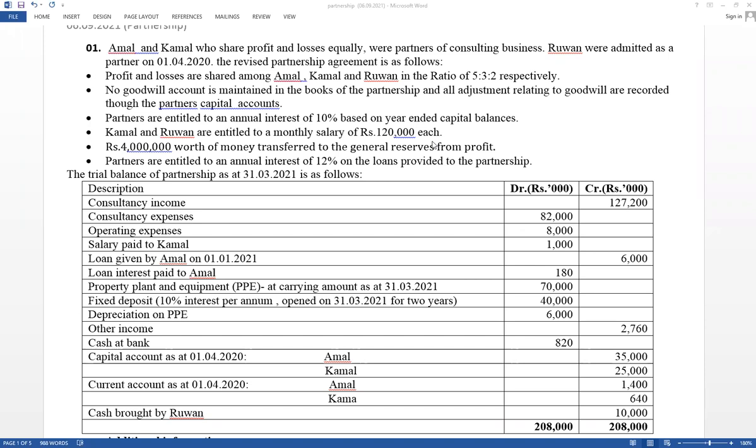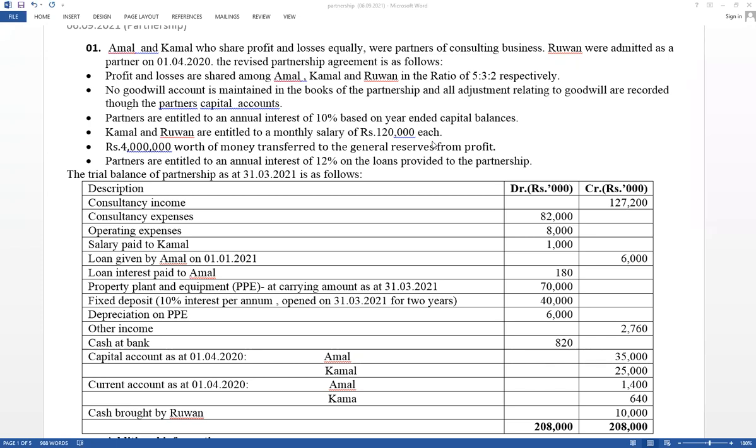Therefore, we have discussed how to adjust goodwill of the partnerships, as well as how to calculate the equity of the retired partner. If admission has been given, the cash introduced by the new partner also should be recorded. Right. Basic part we have discussed, and we have discussed how to prepare the income statement as well as the statement of financial position based on the trial balance as well as based on financial position.